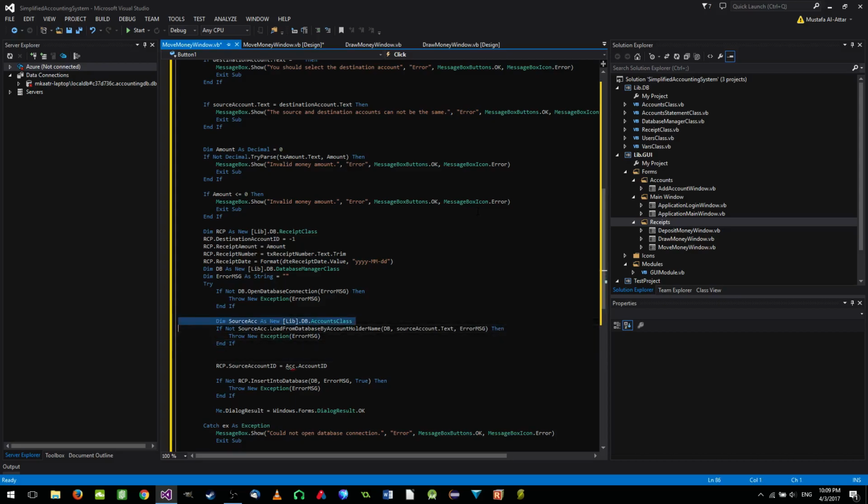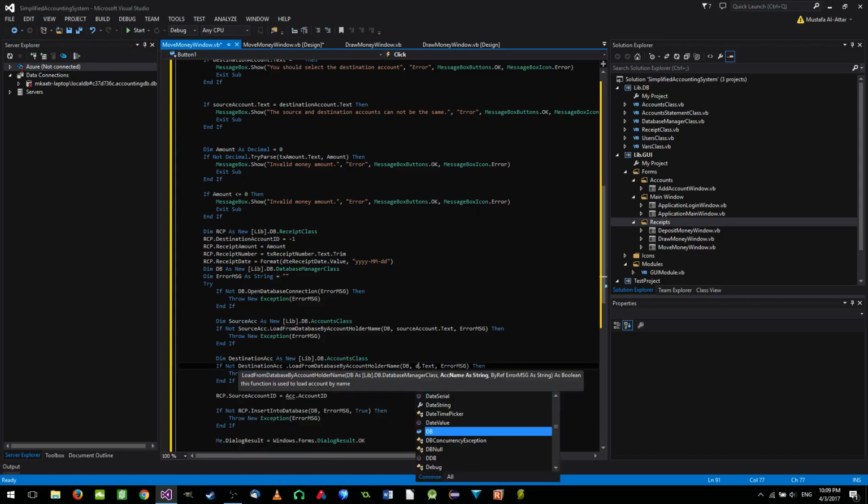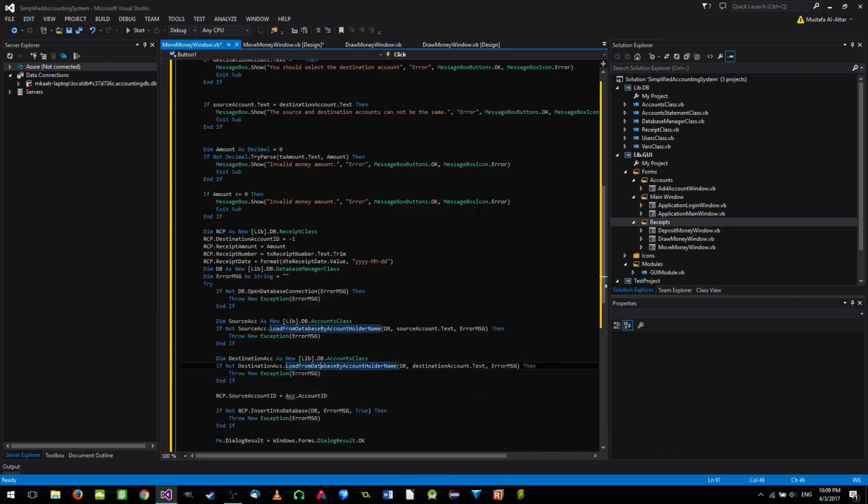And need to set the destination account also. So I'm copying this code and modifying things. Destination ACC. Now if destination ACC loaded from database by, is going to be destination account dot text. Okay, so here we are loading the source account information, getting the destination account, and here we set the source